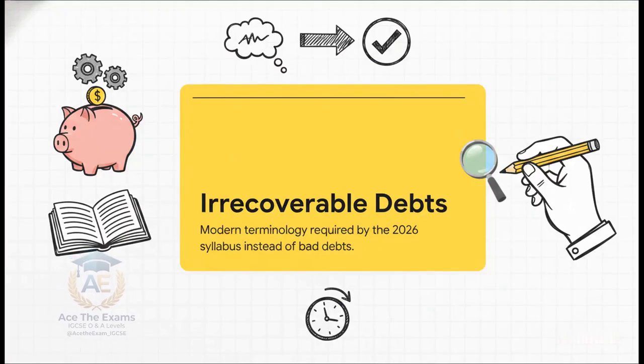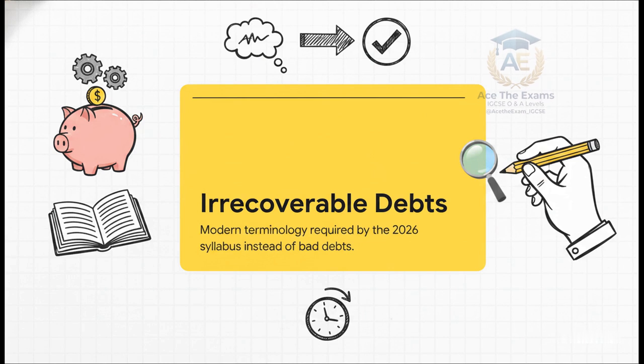To kick off, we really have to establish the rules of the 2026 syllabus. Using outdated language will instantly cost you marks. You have to transition to modern international terms with 100% accuracy. So we're saying irrecoverable debts instead of bad debts, and owner's equity. You need to memorize these right now because precision in your vocabulary signals to the examiner that you are a